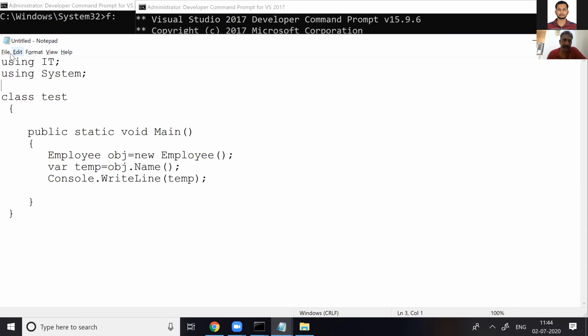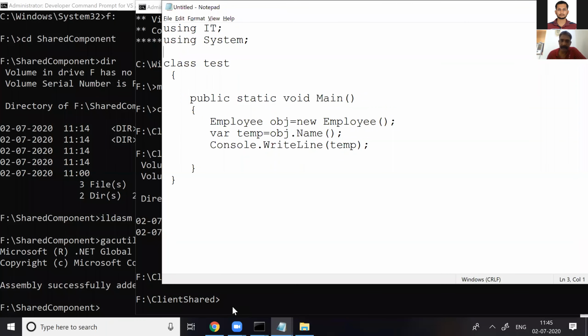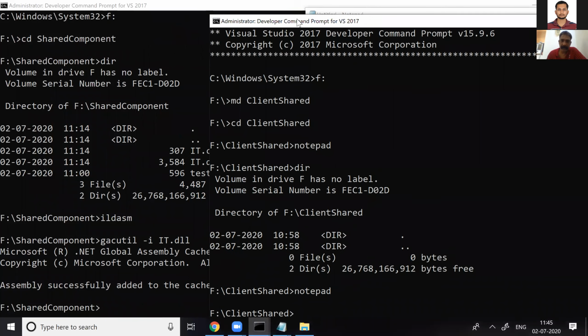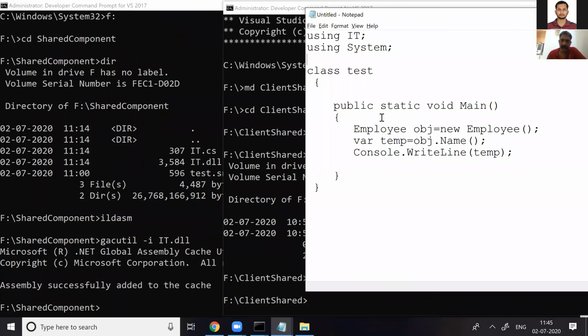I'm saving this program in the client shared folder. Everything is visible and open in front of you. I'm saving this program in client shared, and the DLL is kept within the shared component.